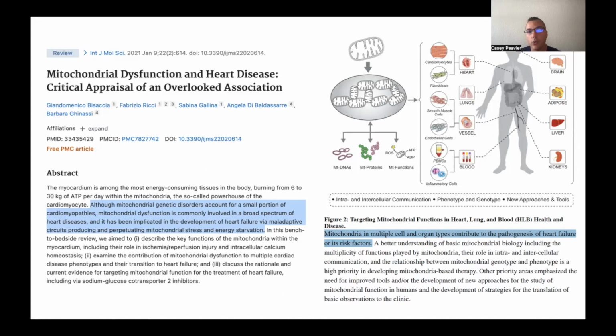On the right-hand side, you're going to see a mitochondria. They zoom in, and there's a colony of mitochondria, which make up the energy production of all these tissues. Inside of the mitochondria, we know that there's mitochondrial DNA. That mitochondrial DNA codes for specific mitochondrial proteins, and those proteins and their function and structure all determine the mitochondrial function, or the performance of that mitochondria.